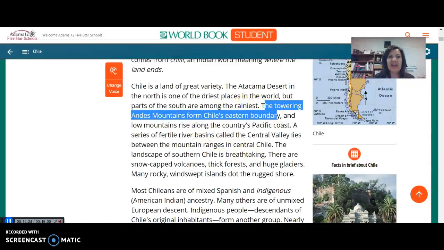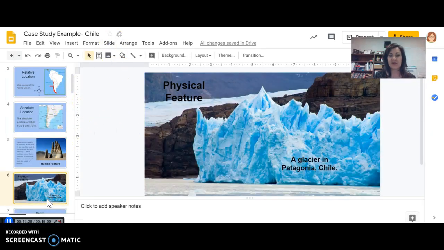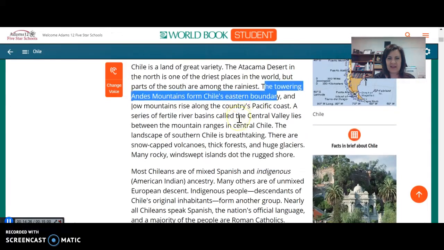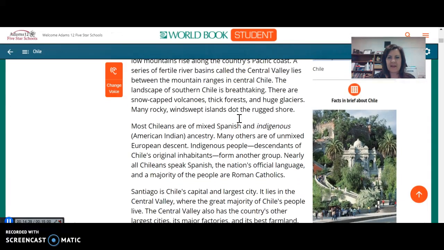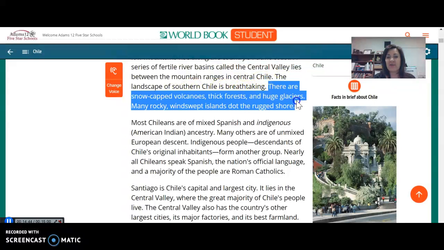Okay, so there's a physical feature, right? A physical feature. It's naturally there by nature versus a human feature. It's breathtaking. There are snow-capped volcanoes, thick forests, huge glaciers, many rocky windswept islands dot the rugged shore. Okay, I would not want to copy that whole thing and paste it into my slideshow. Number one, this is very academic language. It doesn't